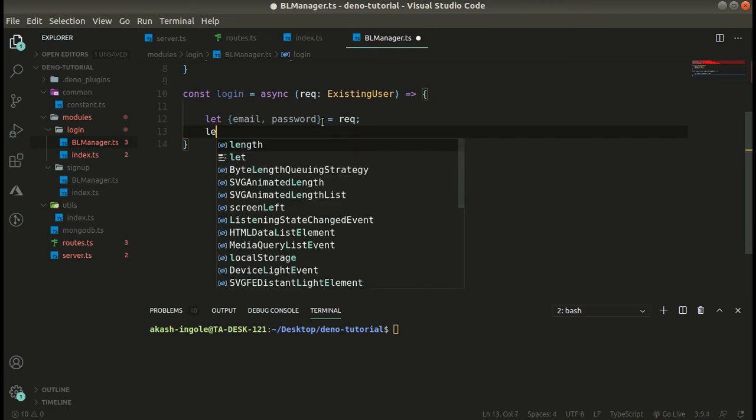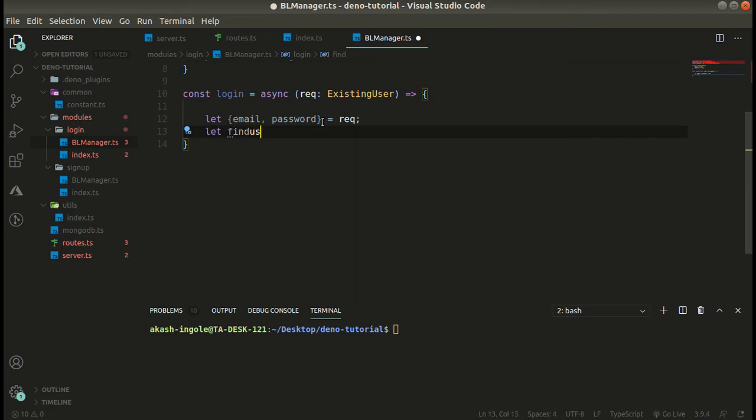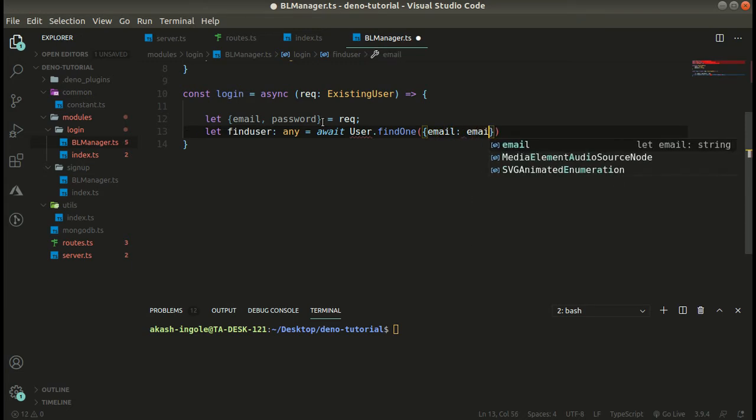As I told you, we need to find the user first. So let's give it type any, await and user dot findOne. With the help of email, we are going to find the user.